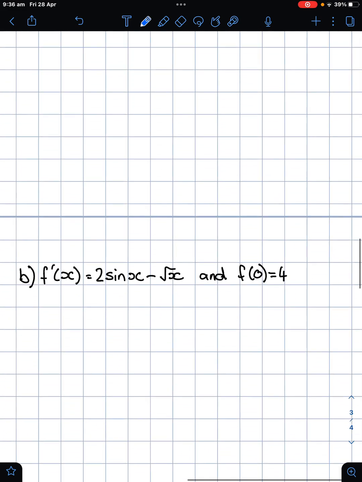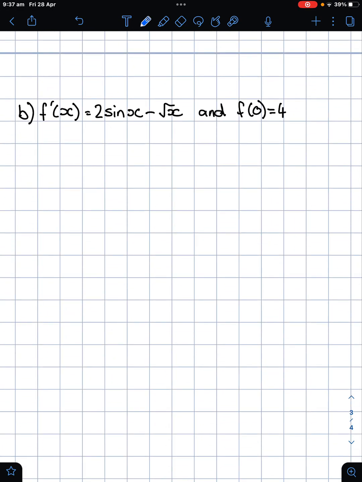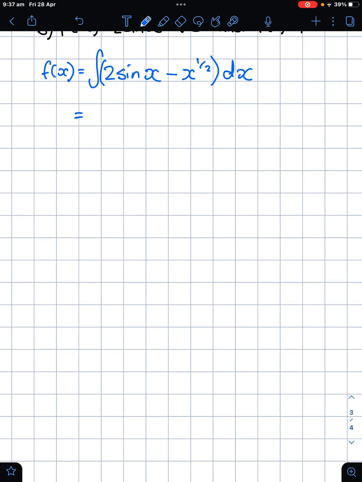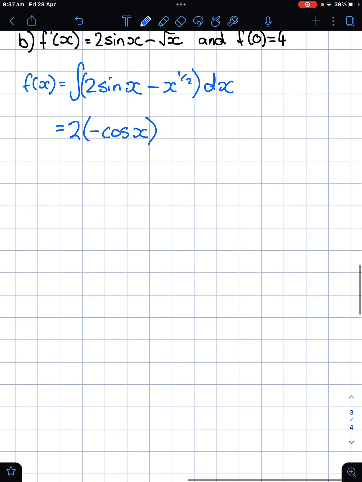Cool, one last one to do and then we're done. All right, so I'm going to skip this first step. So we're looking at f of x is going to be the integral of this term, which is 2 sine x minus x to the half with respect to x. Cool, so this is going to mean that it equals the derivative of sine x is negative cosine x, so 2 negative cosine x. All right, then we got minus x to the 3 on 2 over